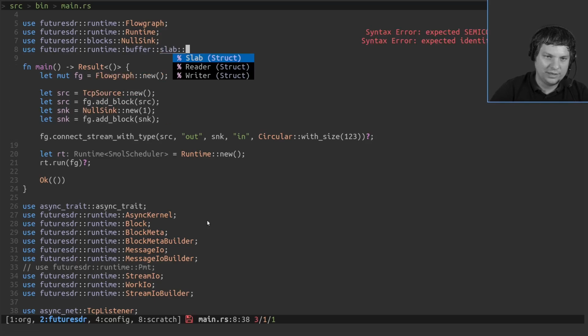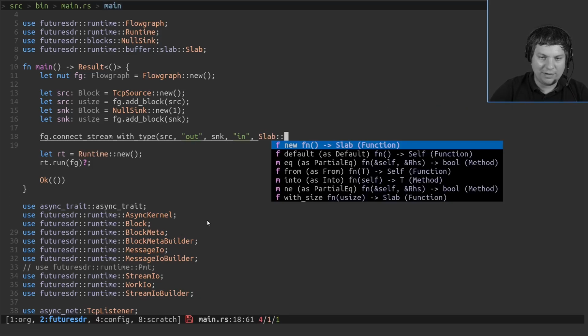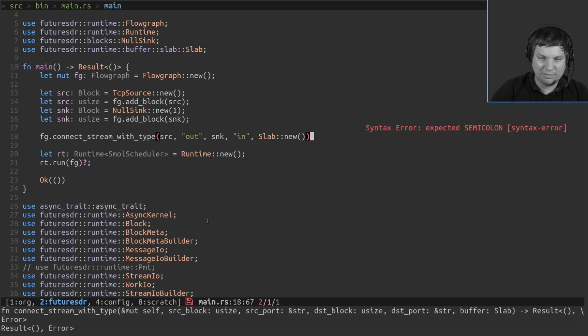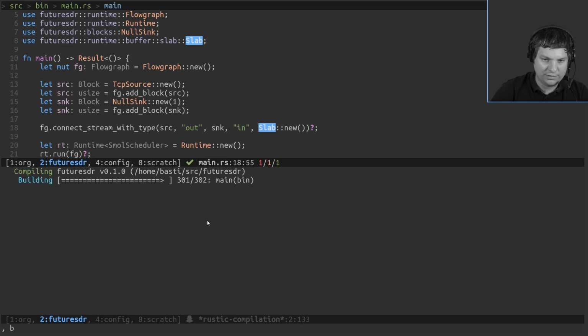So we also need a different buffer that doesn't rely on this fancy memory mapping and MMU stuff. So we can also use a slab buffer that just uses some memory, very boring. And so we plug that in here, see if it still compiles. And now it's using a different buffer.